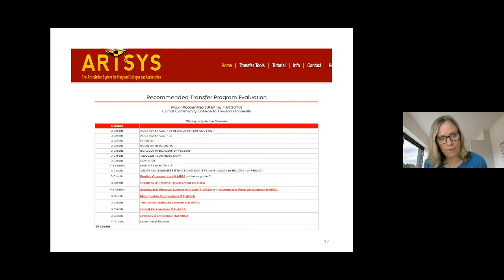So it's showing you all of those classes, and then the rest of them are general education classes, which means that you can make some choices within general education classes. For your science classes, for example, you'll have choices between biology and geosciences and things like that. So this is one tool that you can use along with your advisor to determine, if I want to be an accounting major at Carroll and then I want to transfer to Towson, here's the classes that I can be